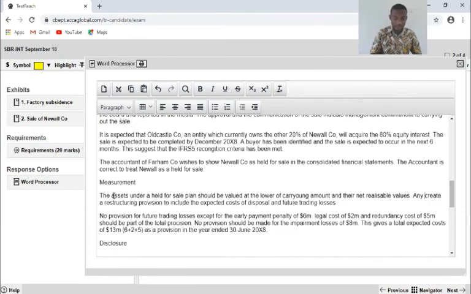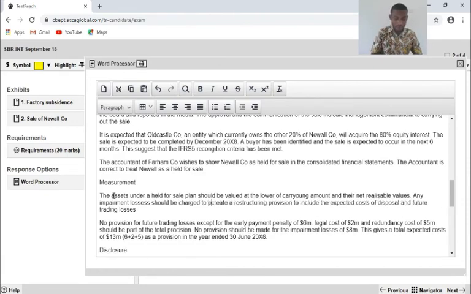Any impairment losses should be charged to profit or loss.